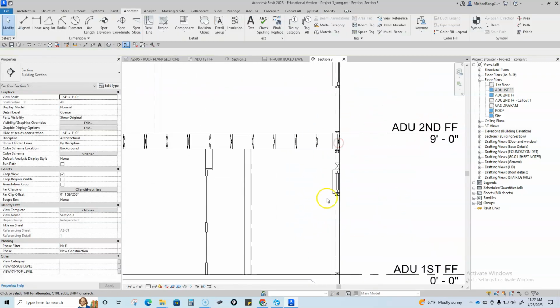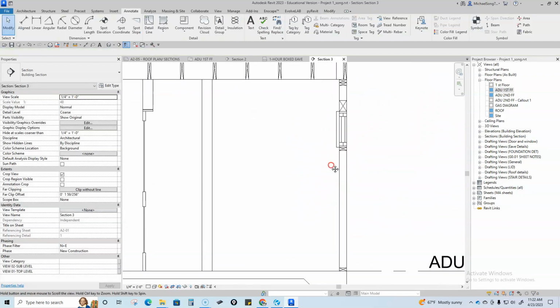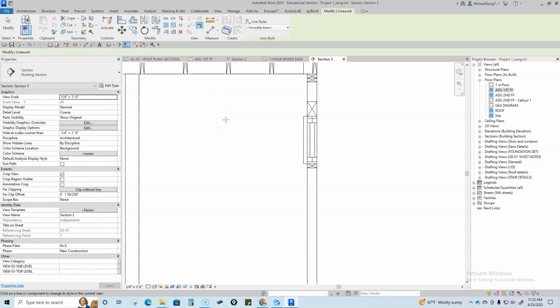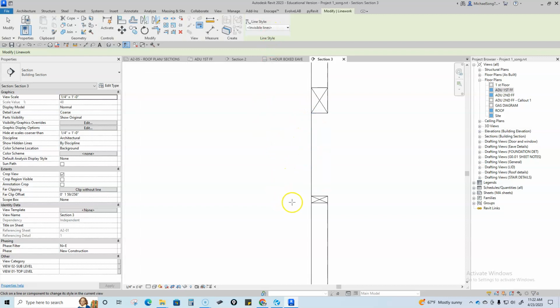There. So now my wall looks pretty legit. This is part of my window. Again, I can make that line work invisible. LW for shortcut. I actually don't even know where the actual line work thing is. Maybe it's this guy right here. Yep. Anyway, invisible line. So I'm going to just turn off my